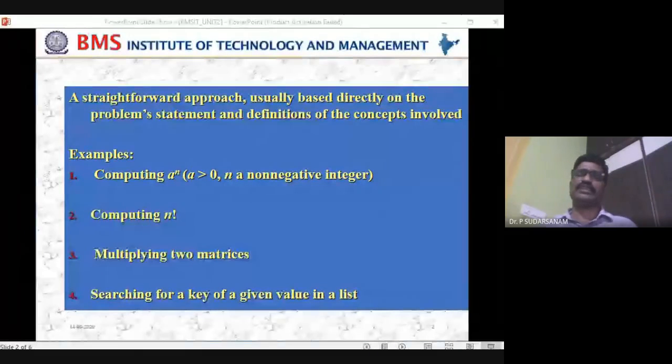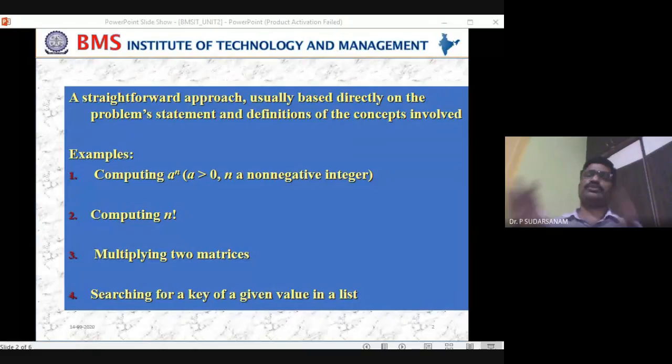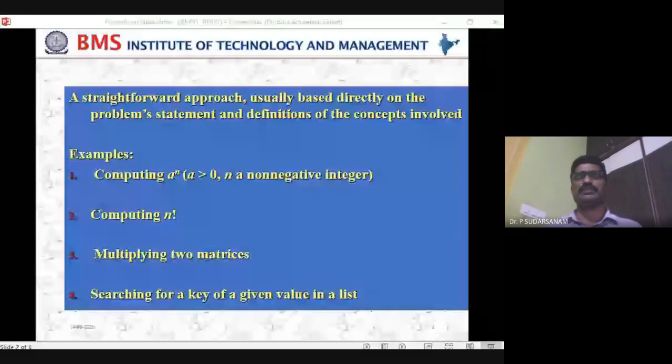No need to be scared. Identify n. See within the function, the minimum main function, what input values they have given, either n or m or k, n by n or whatever it may be. Next, once you have the input size, find the basic operations. Basic operations means inside the inner loop, what type of operations you are doing, either addition, subtraction, multiplication, division, comparison, or whatever it may be.